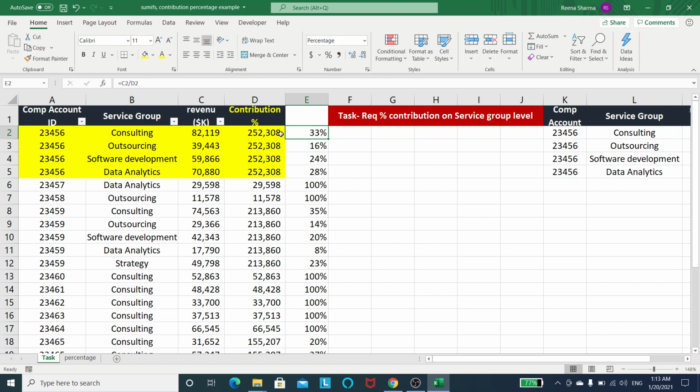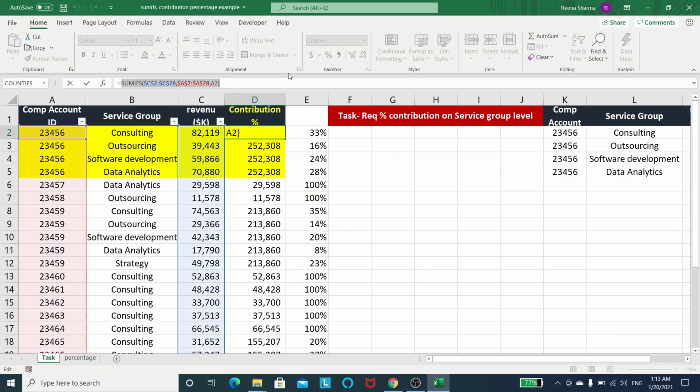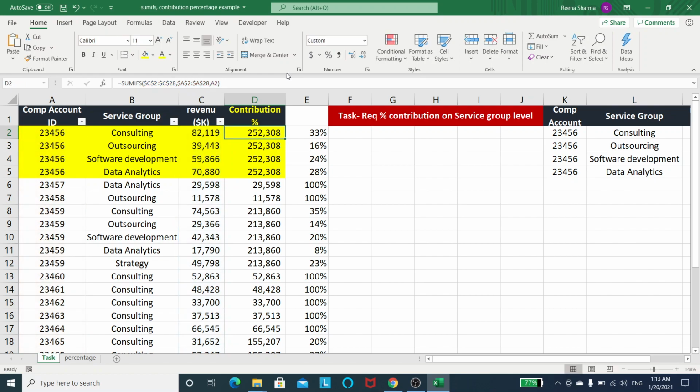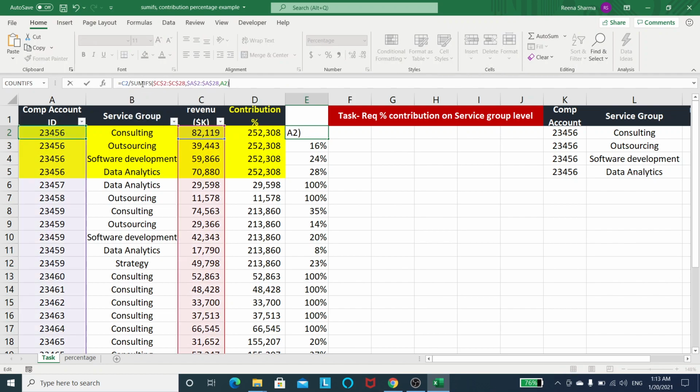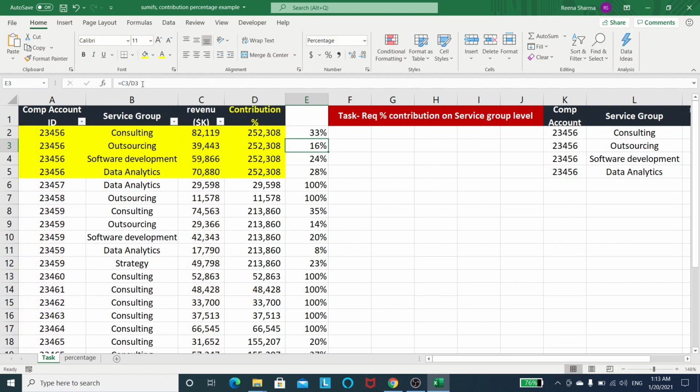So let's make this a little bit dynamic and write the same formula here. Just copy this SUMIFS formula, escape, and click here, and in place of D2 we just paste this formula, simple. Press enter, and now just double click and the formula is dragged down. Now if I delete this, you can see this formula is not linked anymore with this.